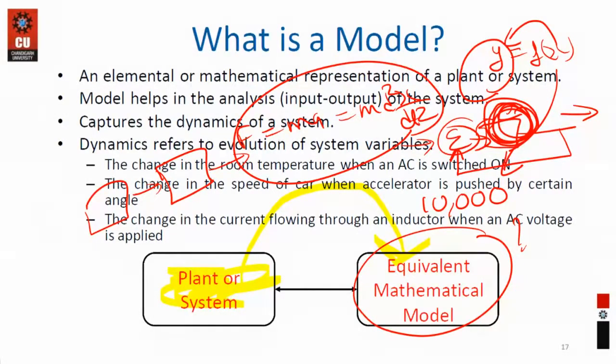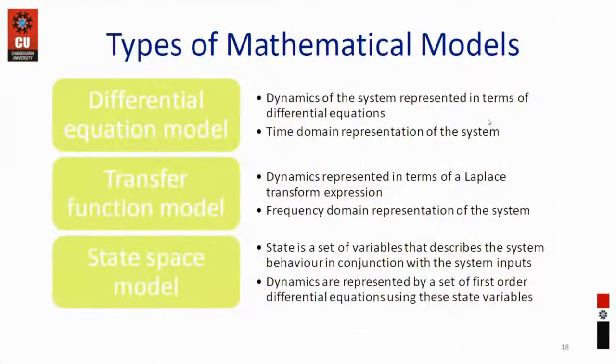The basic school information that you have studied about mechanics in the form of friction, the spring, the torque, the Reynolds number will be sufficient. Everything will be sufficient. So we are going to use them only. So let's see how to model a system. There are three options available.